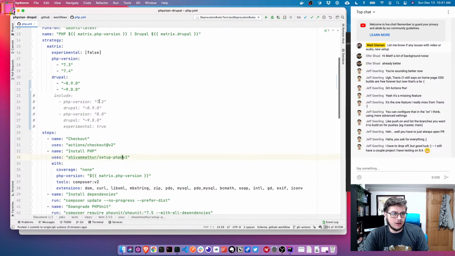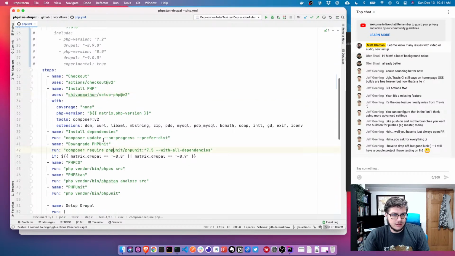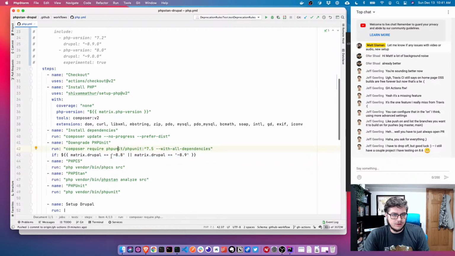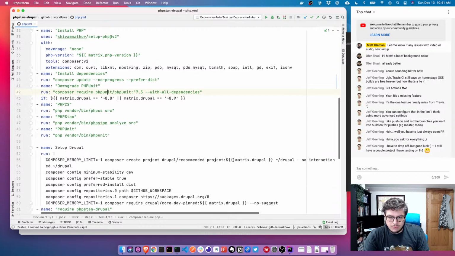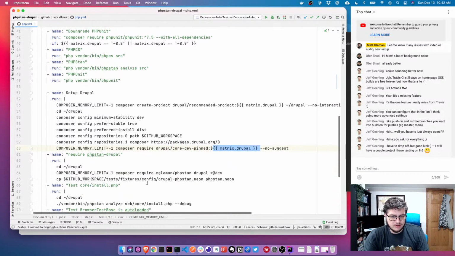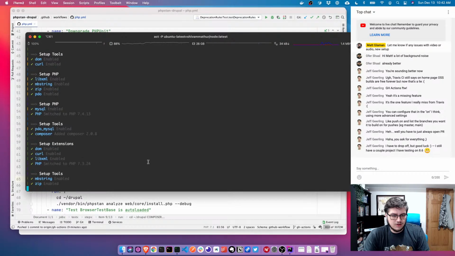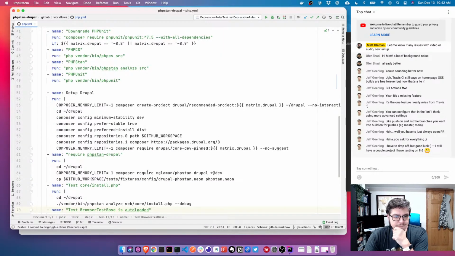So much for calling it, because I want to figure out why this is being silly. Composer update, yep, so if that, we downgrade PHPUnit for PHPStan. Composer create project, Drupal recommended project, the version constraint, Drupal core dev pinned, version constraint, and we require